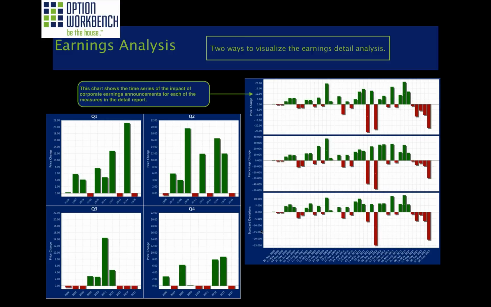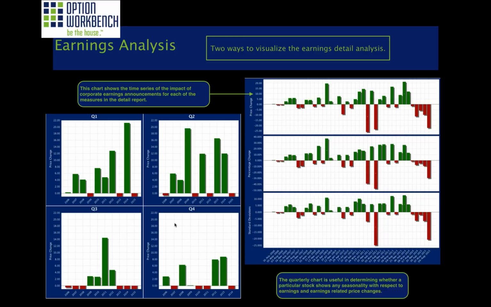One thing, it's a little bit hard to see on this chart. The biggest moves, up and down, are marked. There's a little white asterisk in the bar. I can't use my mouse right now. That shows the date that the maximum move happened, up or down. It's sometimes interesting to note that the maximum move for a particular measure doesn't necessarily happen on the same day. So the maximum down price change, in this case, did not happen on the same day as the maximum percentage and standard deviation change.